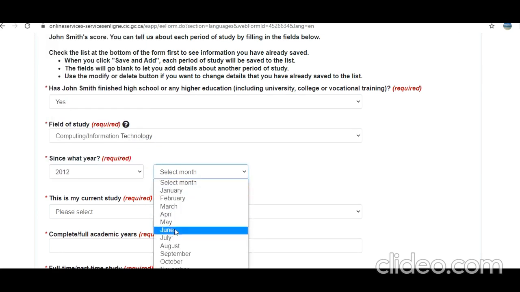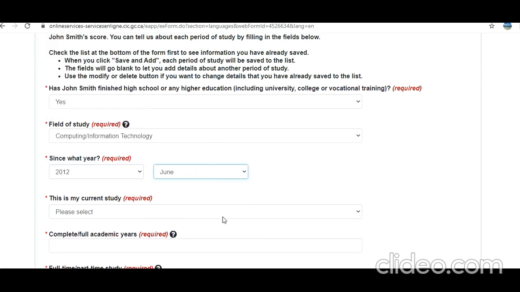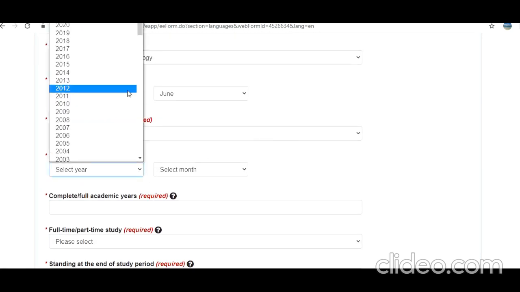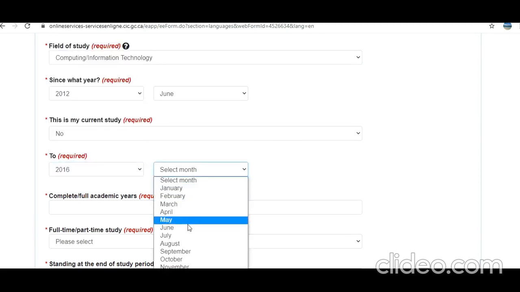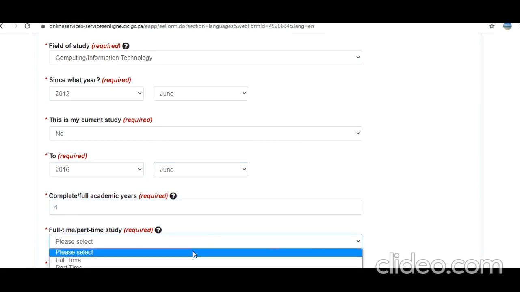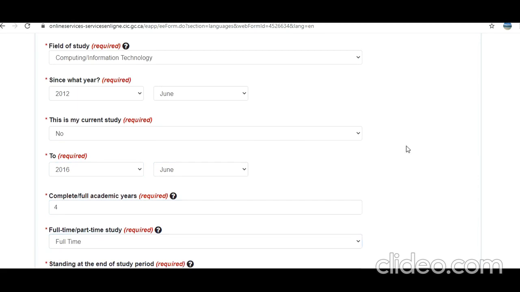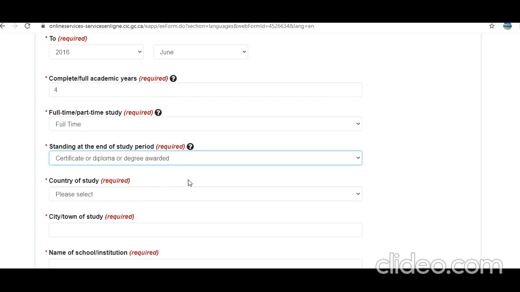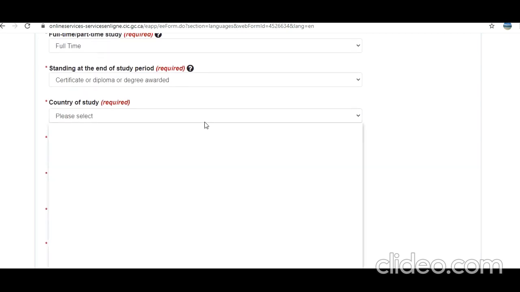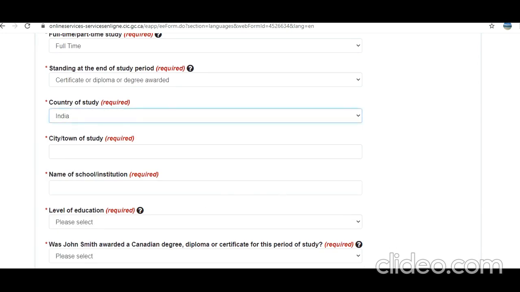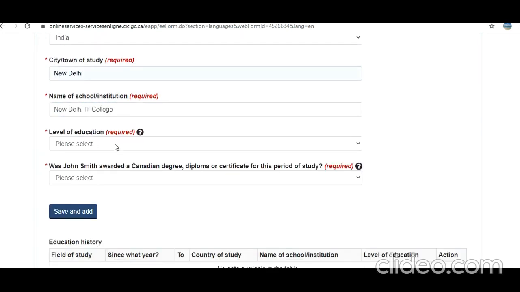Month. Typically start in June. To 2016. Let's say till June. Complete full academic years, 4. Full time. This was full time. Standing at the end of study period. Certificate or diploma degree awarded. Country of study, India. City, I am putting New Delhi. So level of education,